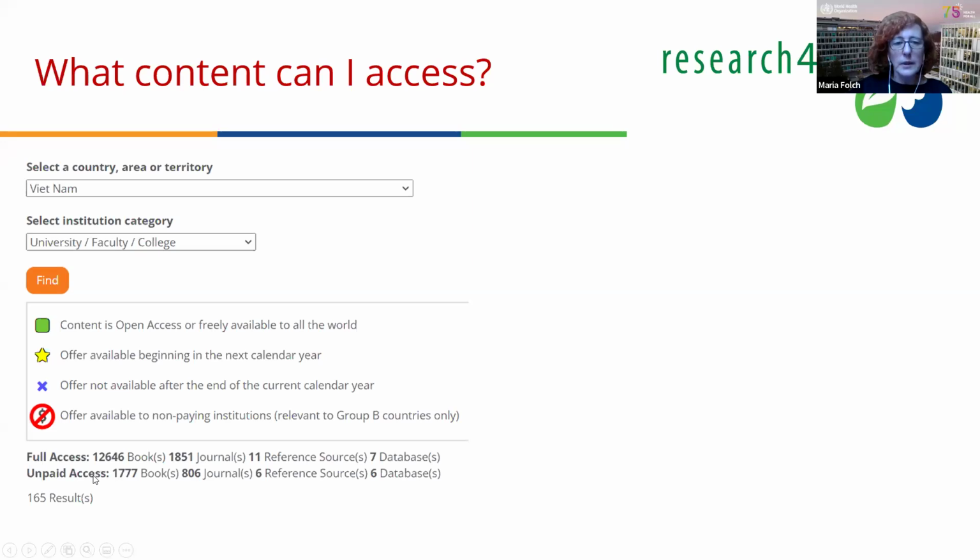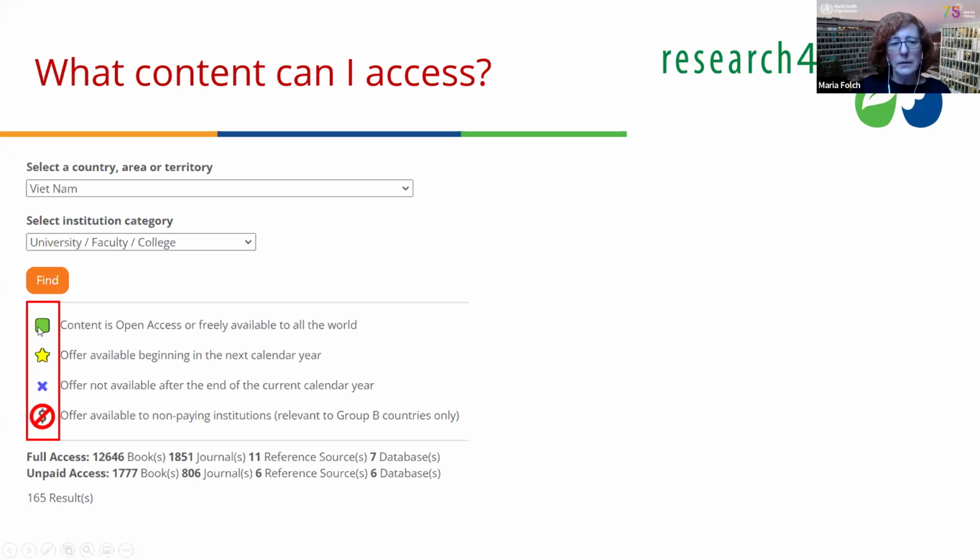And the second is for the institutions whose status is unpaid, that could not or decided not to pay the Research4Life fee. Please pay attention to these symbols in front of each name of the publisher.